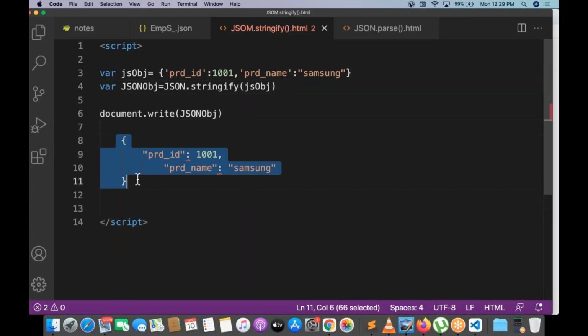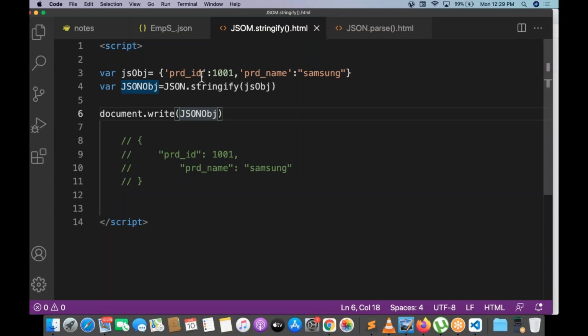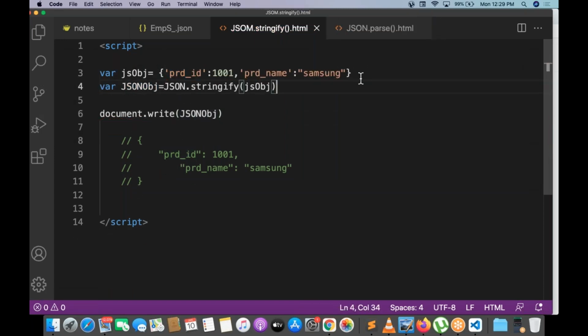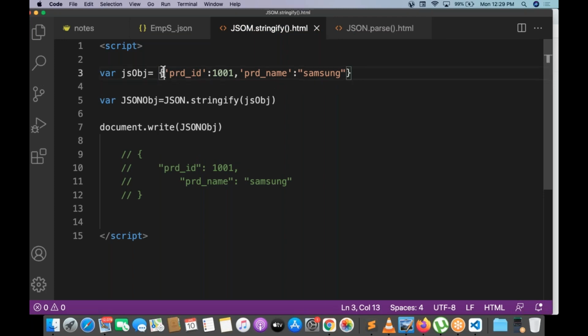Now see the difference between that and this. What is the difference between JavaScript and JSON? Product ID in single quotes converted into double quotes. Product name in single quotes converted into double quotes. Automatically. Why? Because of stringifying.